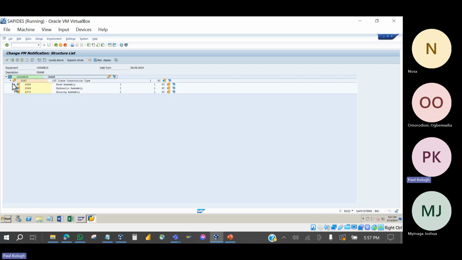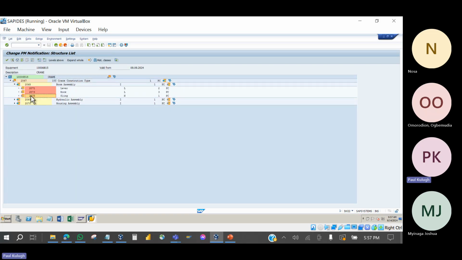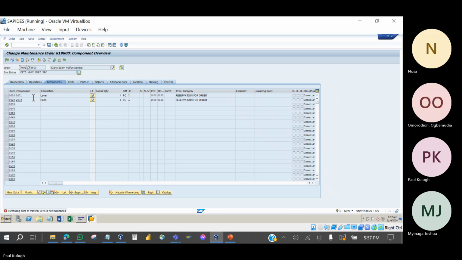So I will search for this. Okay, so you see now there's a problem with this, because we have already defined that this material is a non-stock. Because it's a non-stock, there must be purchasing data